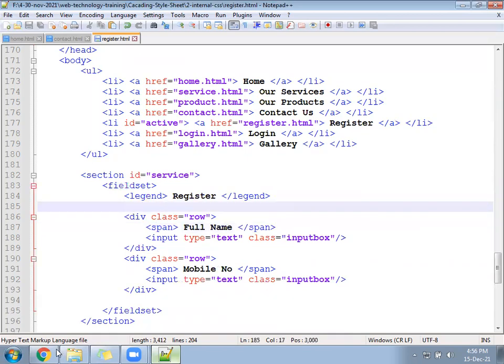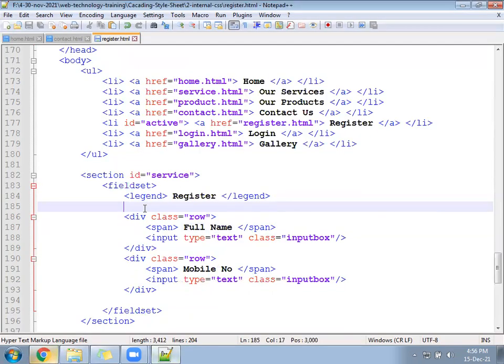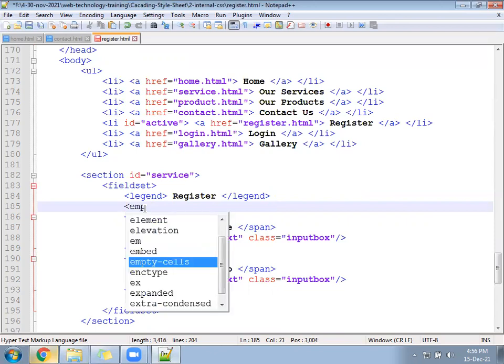Now here under the legend, under the field set only, one paragraph should be written, or maybe one tag is there called EM.